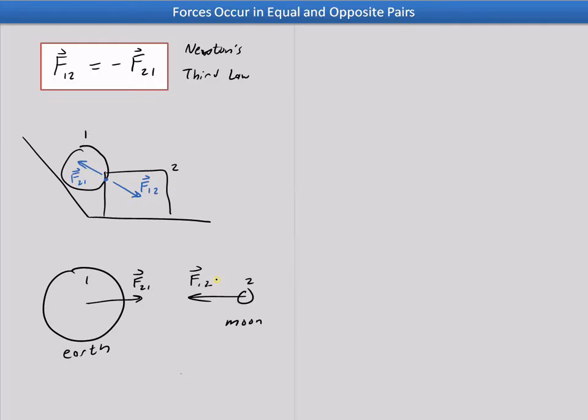Now, one thing to be careful about is that equal and opposite force pairs doesn't mean that two forces just happen to be equal and opposite. It's that the two forces are part of the same interaction. So let's say we have a block sitting on a table. Say the block is object 1, the table is object 2. At the point of contact, there's an interaction where we have equal and opposite forces. Both of those are normal forces. So we have a force from the block on the table and a force from the table on the block, and both are normal forces, the table and the block being solids and not passing through each other. Be careful, this is not the same